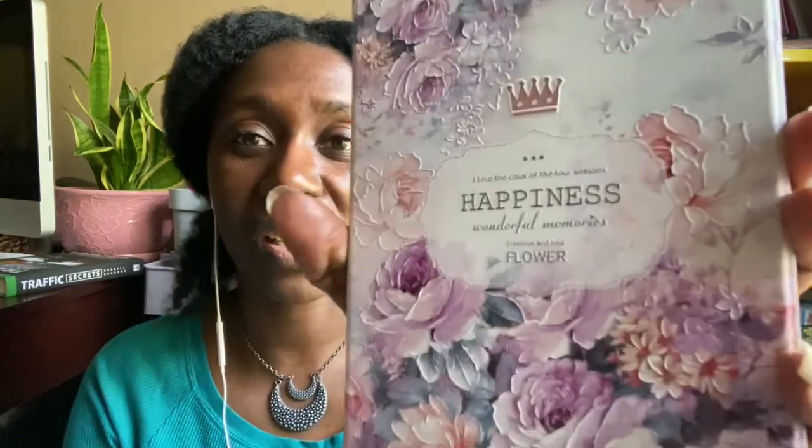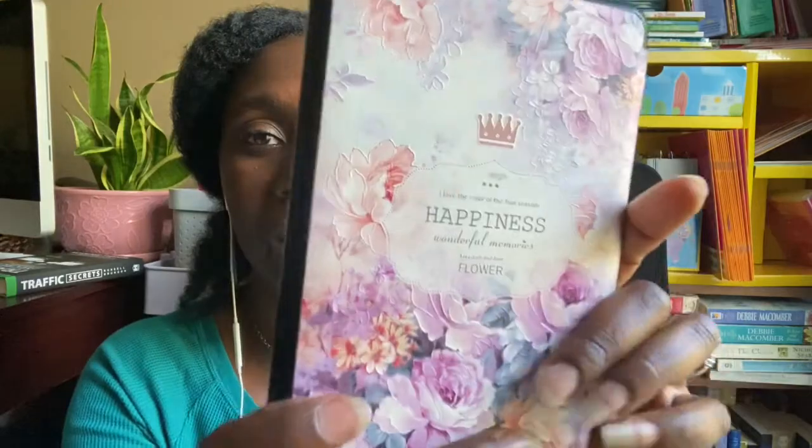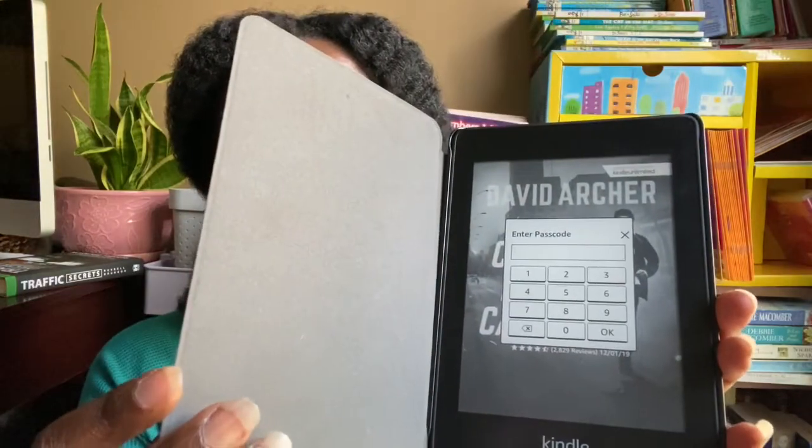And so here is my new Kindle Paperwhite in this beautiful floral case. And as you can see, I don't know if you can see it, but the lines on it, you can actually feel them on here. And it's the same print on the front as it is on the back. And then when you open it, it wakes the Kindle up, and when you close it, it puts it to sleep. And I do have a password on here. What I did was I downloaded my full library onto this Paperwhite, and I've been using it and I've been really enjoying it. And so that kind of segues into our next portion of this video,